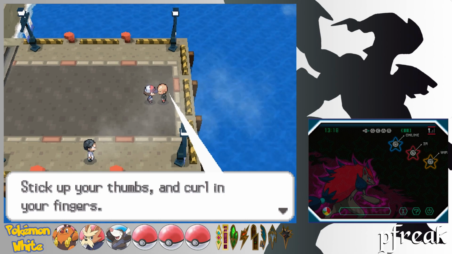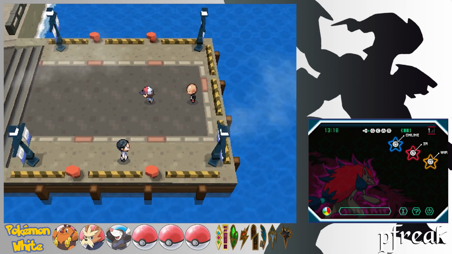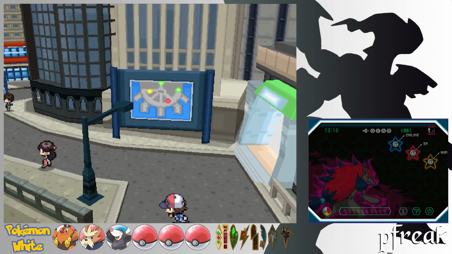Stick up your thumbs and curl your fingers. This is a thumbs up pose. That means okay. In some places it also means money. Interesting. So I guess that's supposed to be like a guy from...